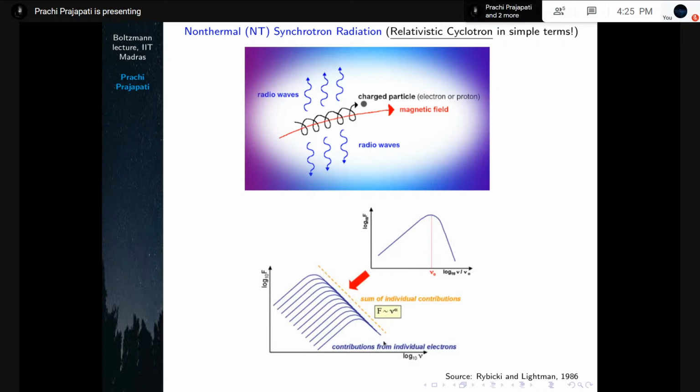So that gives this negative power law, where the flux density is proportional to frequency to the power of the spectral index, which is alpha. And this alpha here is negative because, as we can see here, it's going downwards in the log plot. So this alpha is in fact related to the power law index p, which we have seen in the DSA mechanism, the particle acceleration mechanism. The value of alpha is in fact minus (p minus 1) by 2.